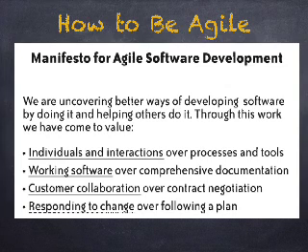This is the Agile Manifesto, and it is written by those people who have come up with the Agile strategy of software development as given by them. They have written out a letter called the Agile Manifesto, where they have written: as we are uncovering better ways of developing software by doing it and helping others to do it. Through this work, we have come to value four important principles, or four value systems, they have introduced inside the